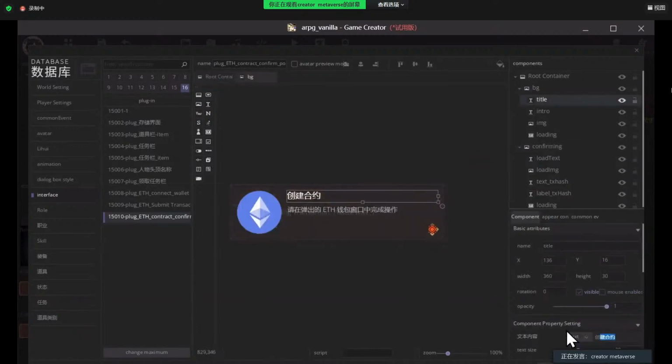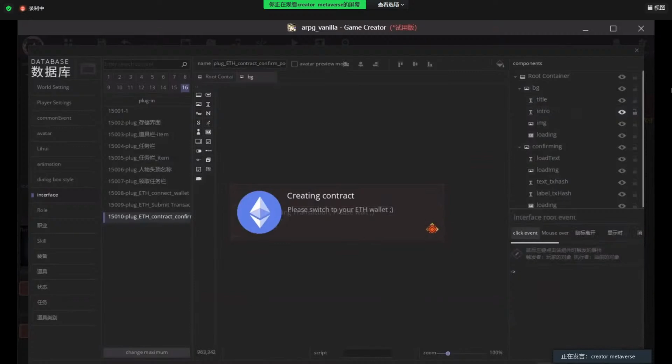And this one is creating contract. Please switch to your ETH wallet.